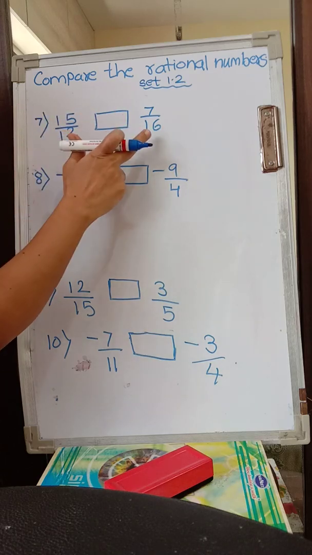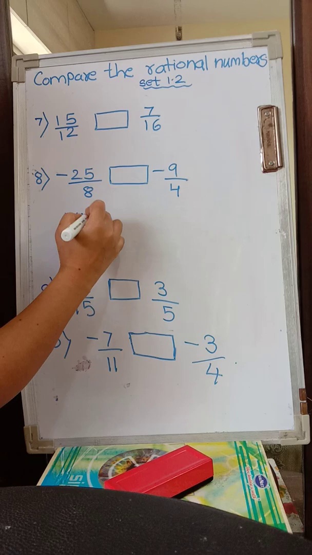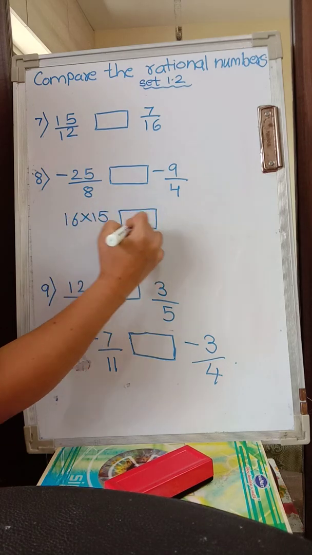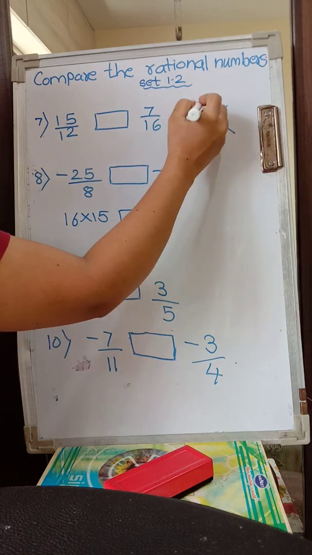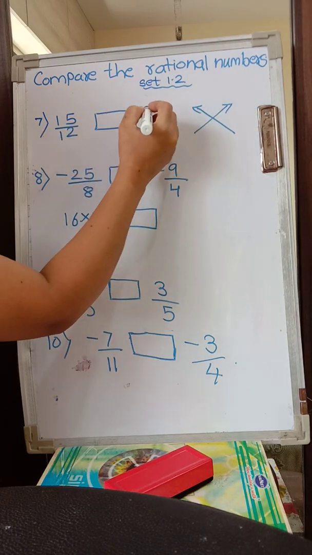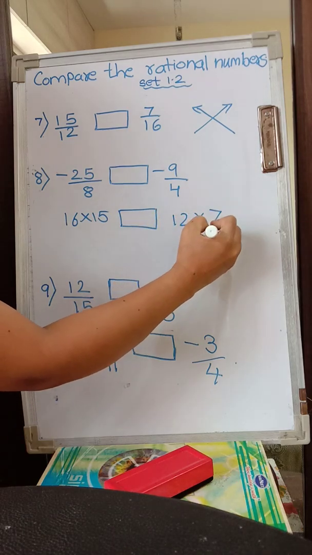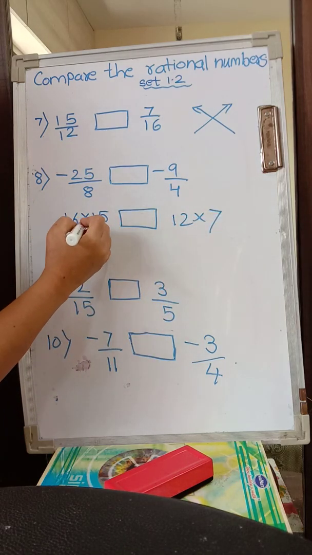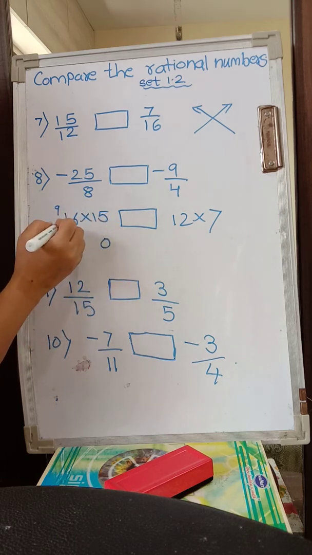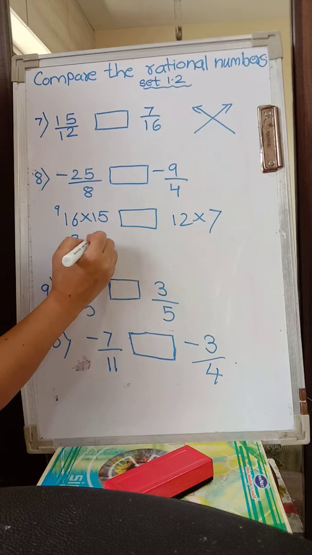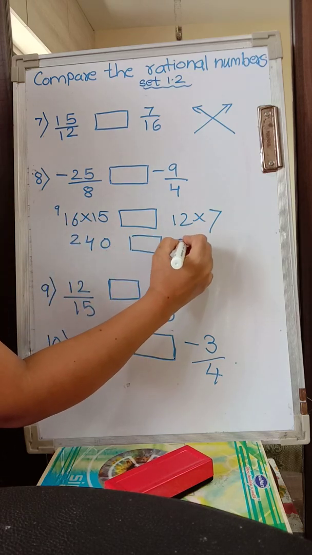What do you mean by cross multiply? 16 into 15. So I am doing it over here. 16 into 15 you have to compare with 12 into 7. This is cross multiplication. This number into this and this number into this. So we are going to multiply 12 into 7. Now 15 into 16, if you do, 15 6s are 90, 9 carry over, 15 1s are 15 plus 9 gives 240. Alright, and here you have 12 7s are 84.